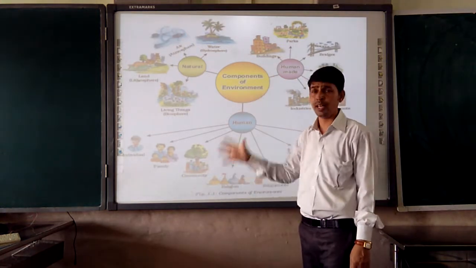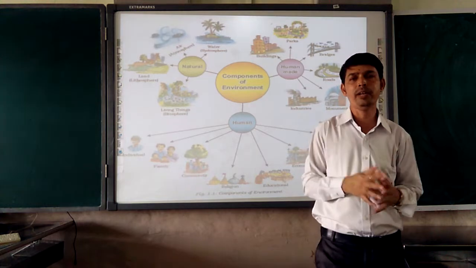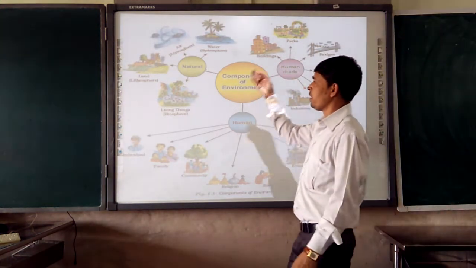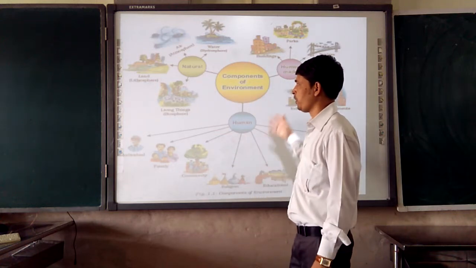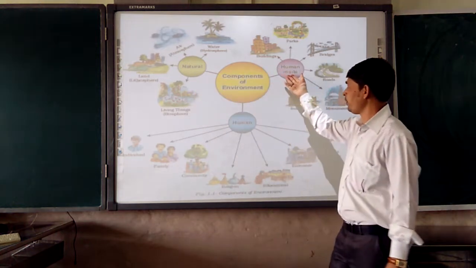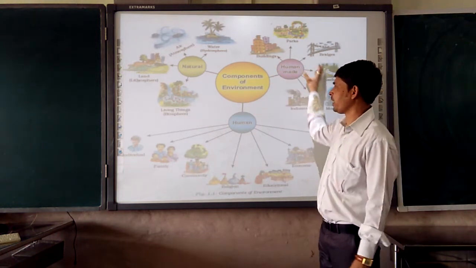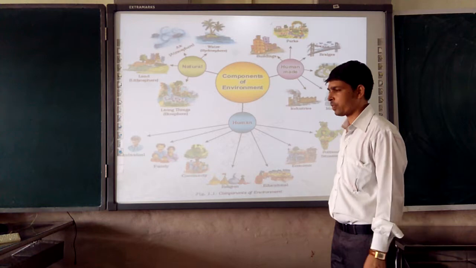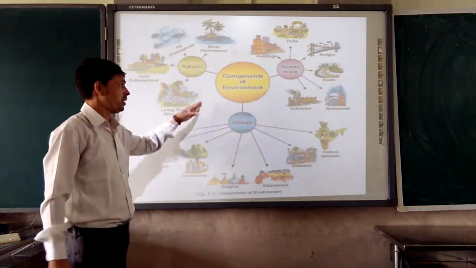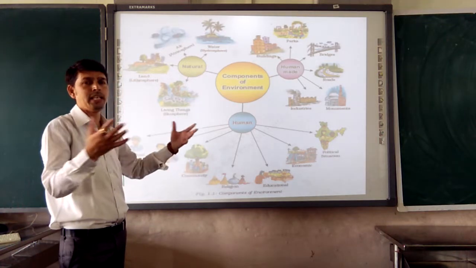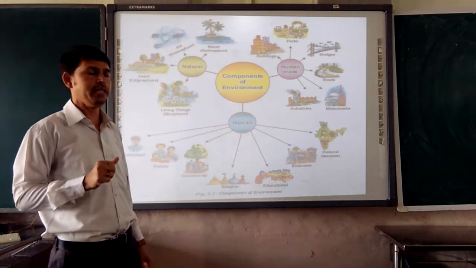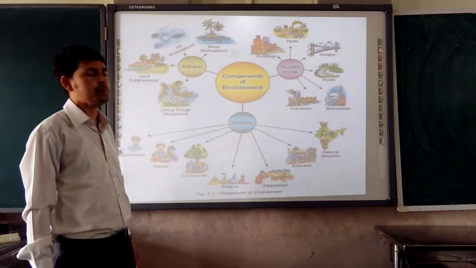So this diagram is very important to understand the components of environment, and the 3 components are very essential for us because they are providing so many things. The natural components are this. The human made, which the human itself is making, is included in this one and this one. So moving further to discuss more about what is environment. It's basically a life support system surrounding us. What are the different components? We are seeing in this presentation.